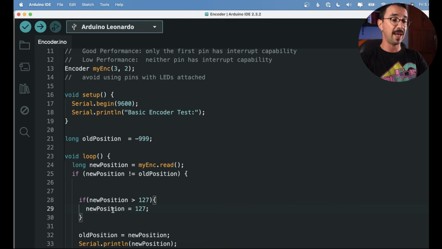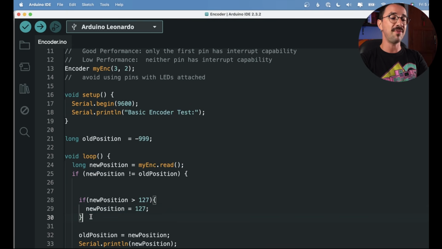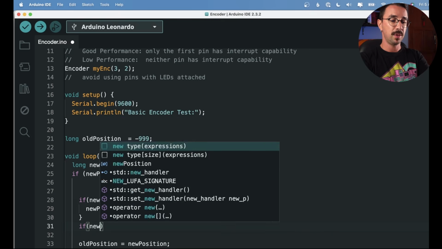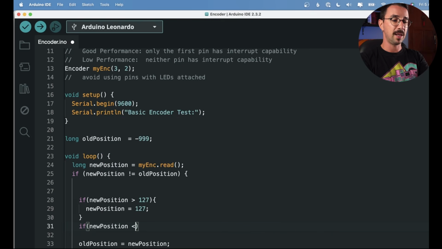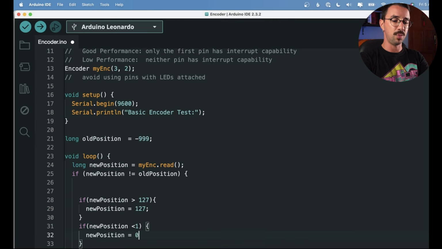So if this number gets bigger than this, I'm going to store this number here. So it's always going to be 127 if it's bigger than 127. So I want to do the same thing for if it's less than 0. If new position is less than 1, could be less than 0, new position equals 0.